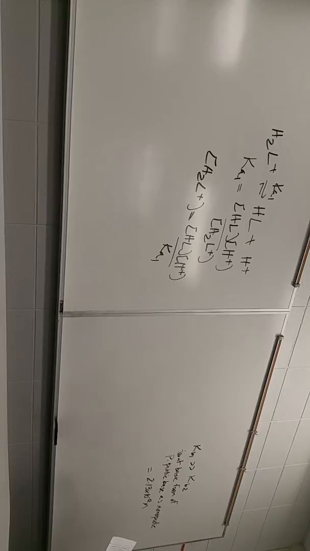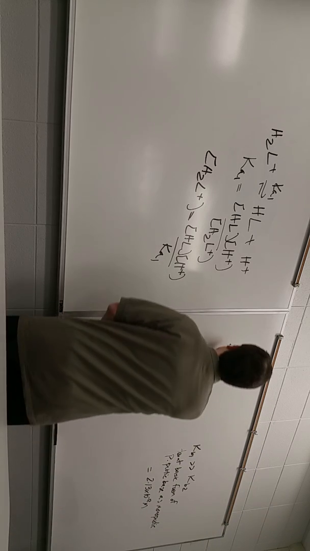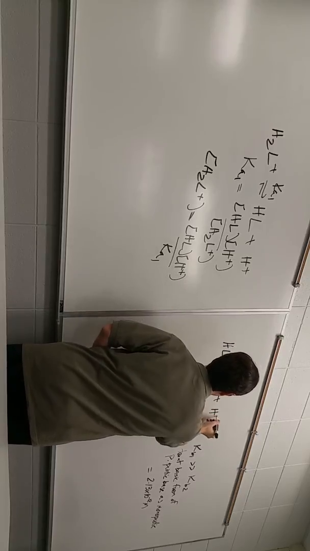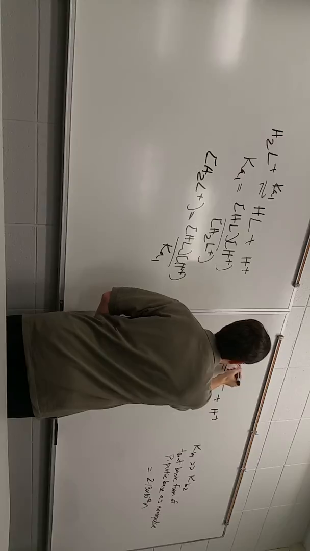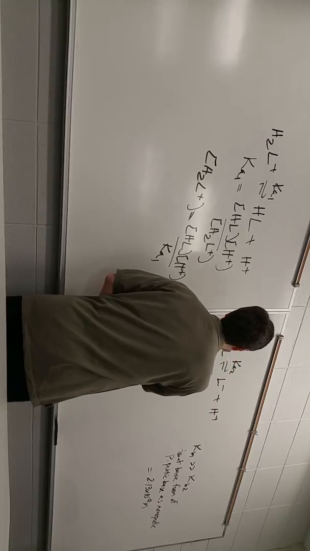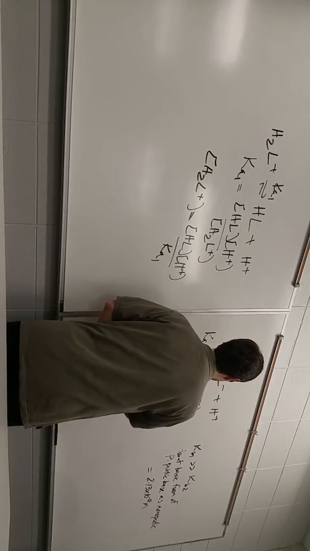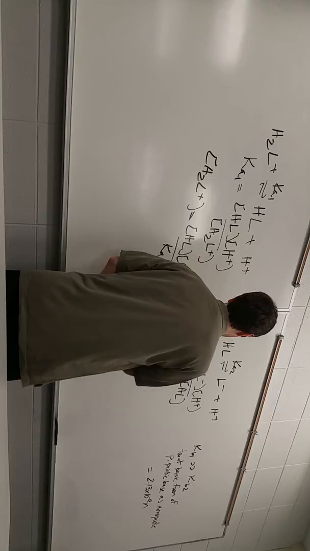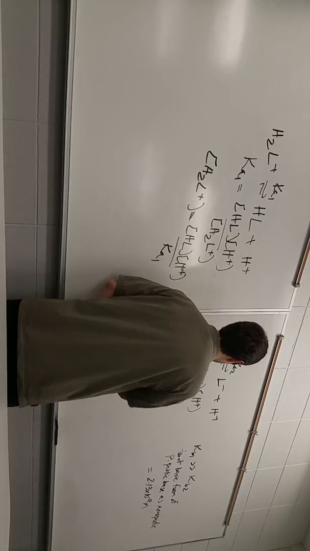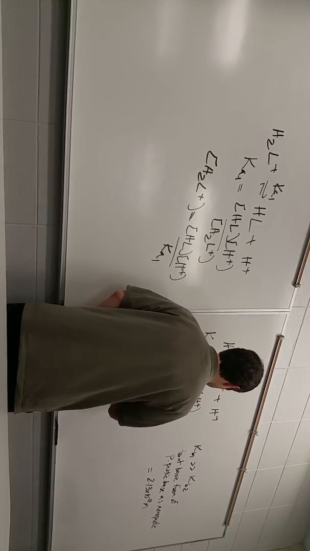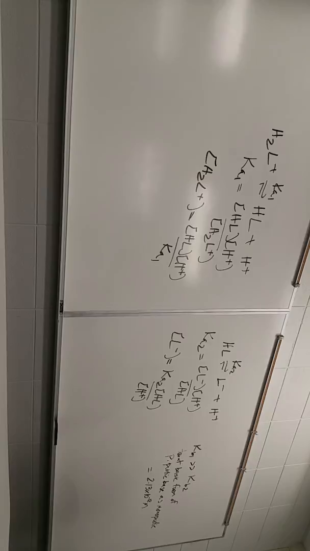All right, so we have H2L plus. We also need a relationship that uses the L minus. So if we now look for a relationship between HL and L minus, this is Ka2. So Ka2 equals L minus times H plus over HL. So L minus is Ka2 times HL over H plus. Again, we're just rearranging the equations that we have.